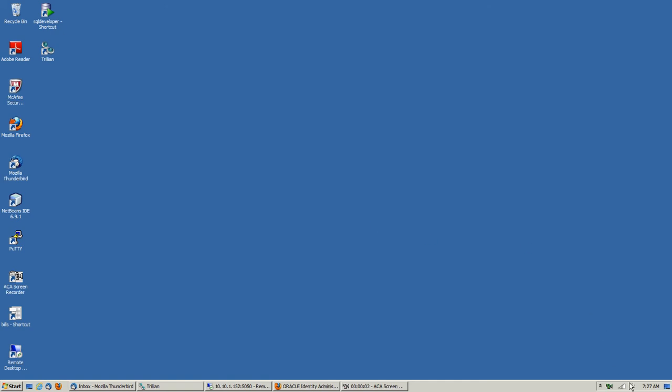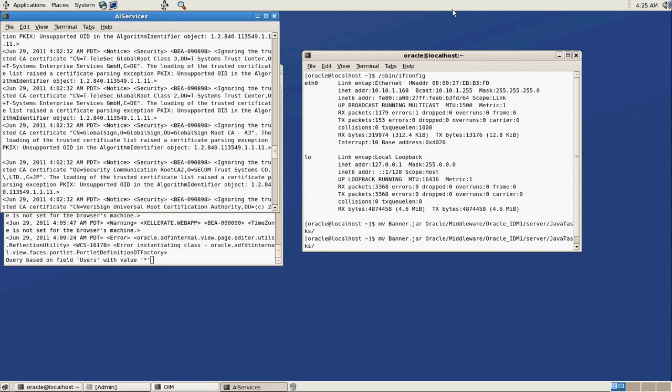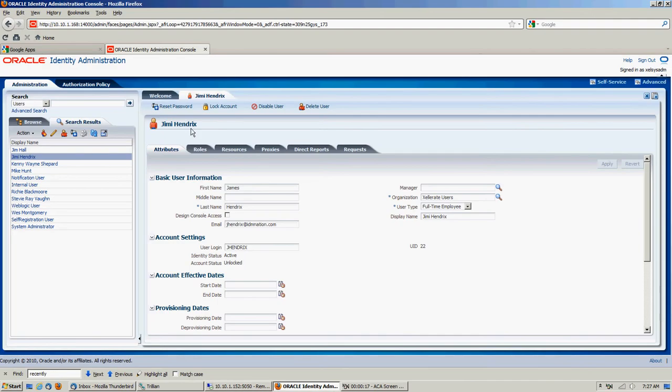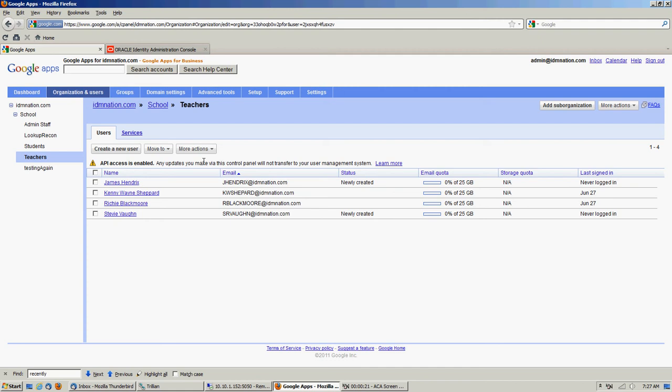Okay, we're going to do part 2 of our demo on a Google connector. So we have our VM running and our servers running. Here we go. Okay, so here's our accounts on Google that we've already provisioned. We're going to do a little demonstration here of how we can do some modifications to these accounts. So we're going to use